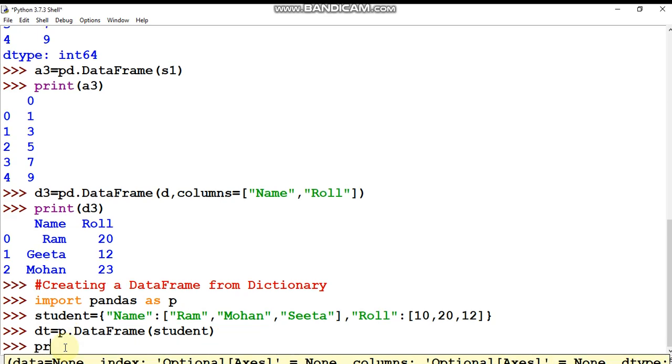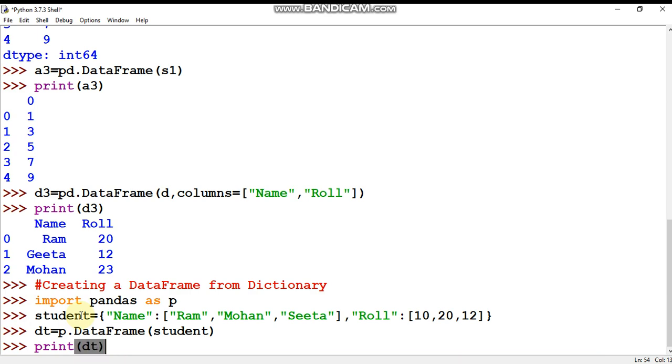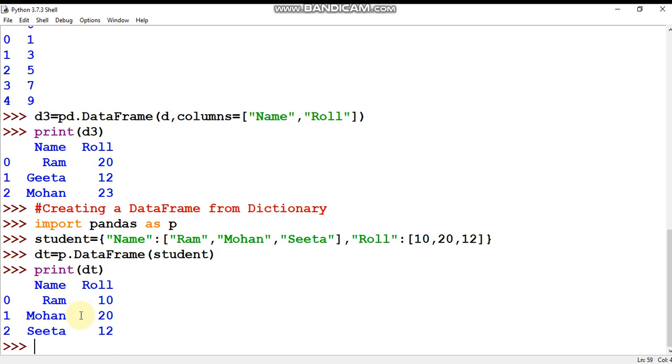Now print: dt is the data frame, and the dictionary is students. So simply pass dt, the data frame, and see. This is the data frame I have created from a dictionary. I hope this is clear to everyone.